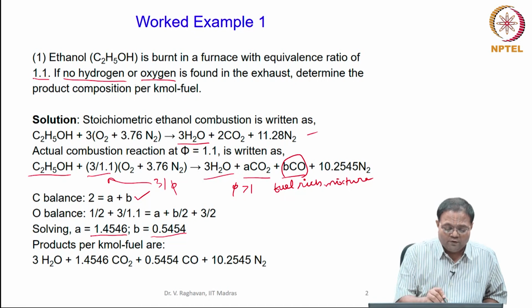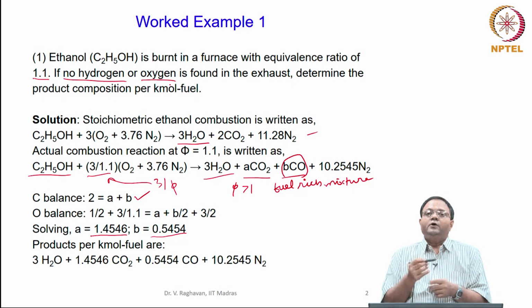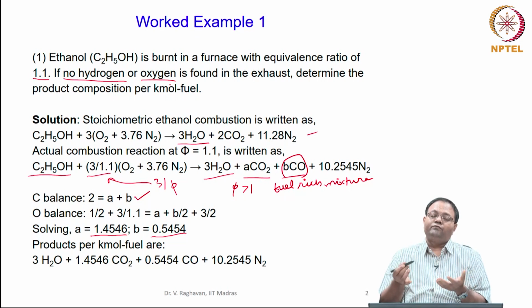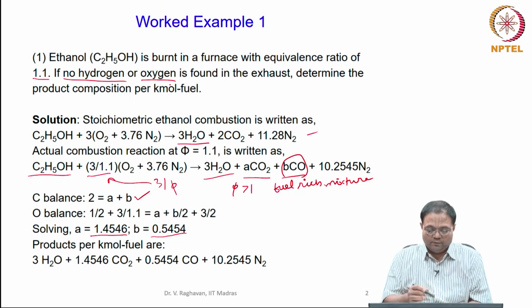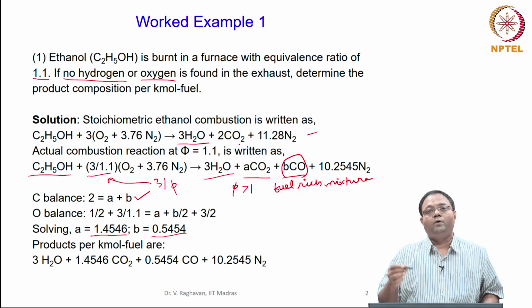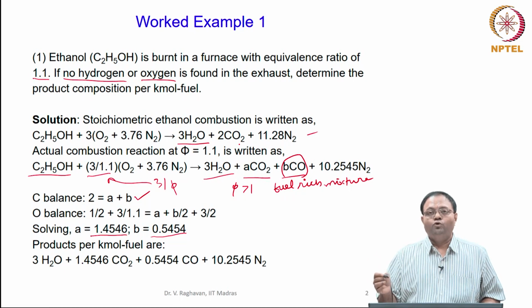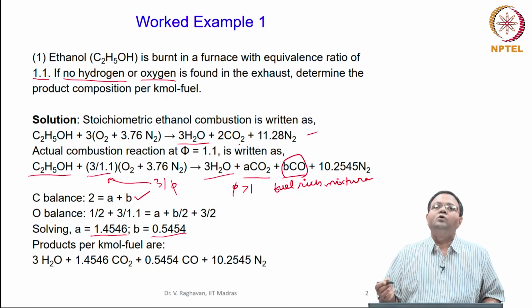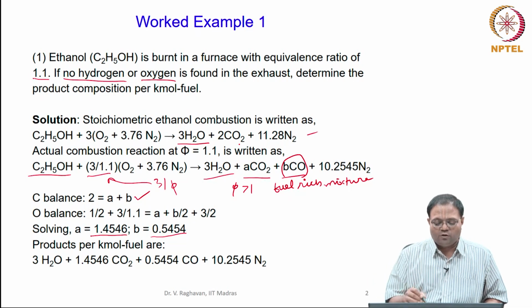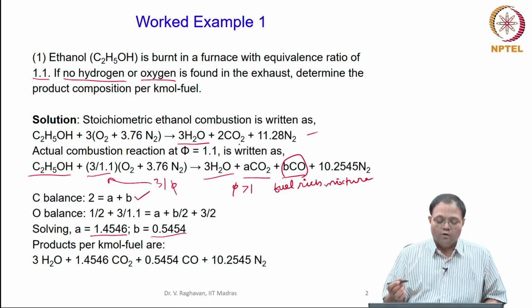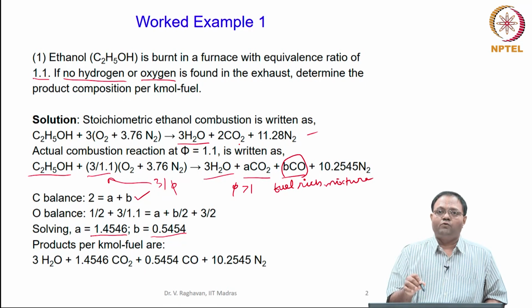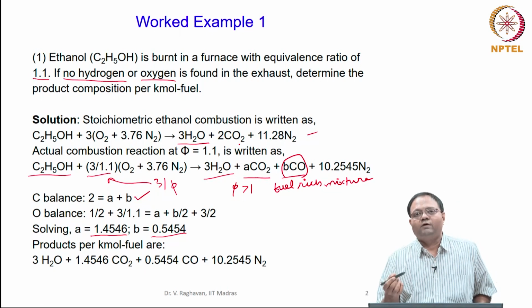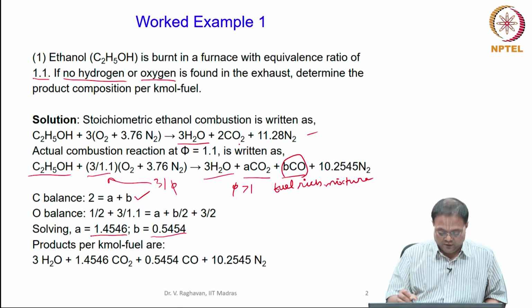But the point why we have given here no oxygen is that if temperatures are high enough, then products can dissociate. For example, CO2 can dissociate to form CO and O2. That dissociation product O2 can come out, but in this case the temperatures are not so high when the combustion takes place within the furnace. So there is no oxygen available for complete combustion of carbon, as well as no oxygen available due to dissociation. So, that is the problem.